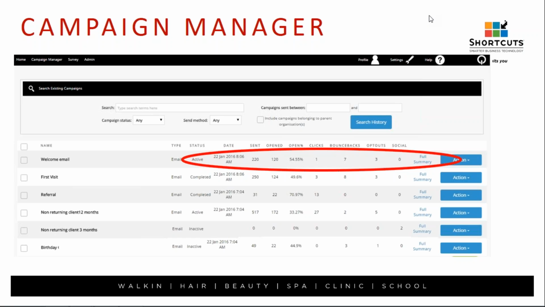You'll notice in here that we can see when it was activated, how many have been sent, opened, the open rate. You can see how many clicks, bounce backs and opt-outs we've got as well. If you click on any of the numbers in here, you'll actually see who has opted out of the campaign or whose email address has bounced back, so you can track it as well. You'll notice on the right hand side we have a full summary and an actions button. If we were to go to full summary,